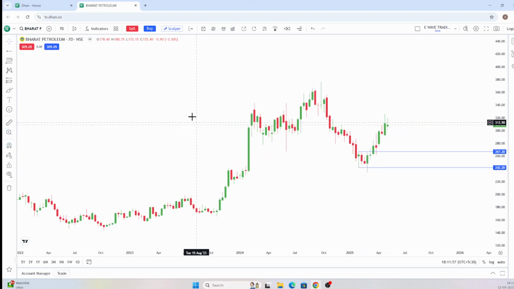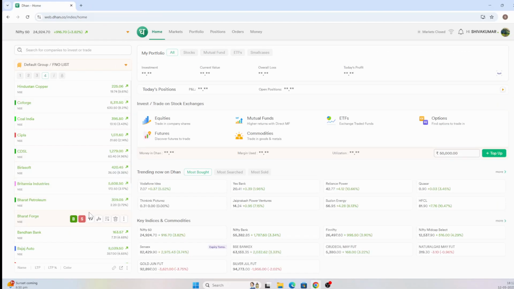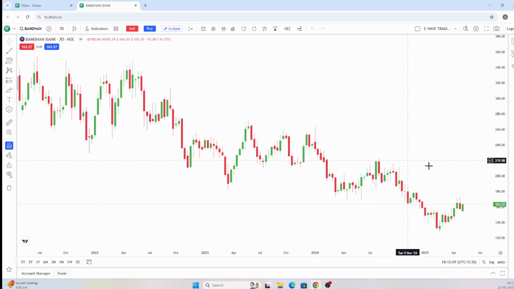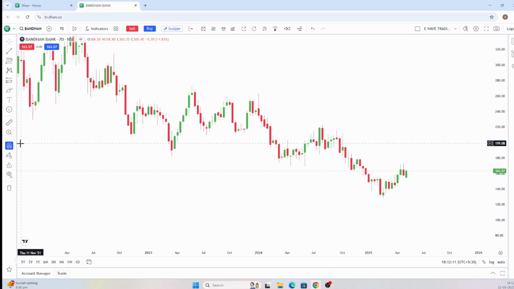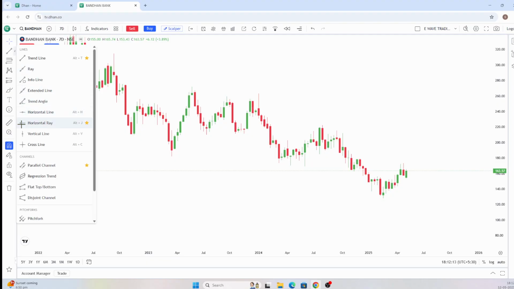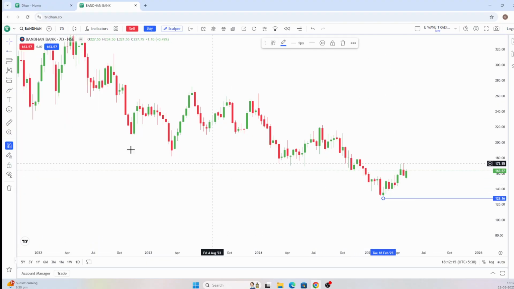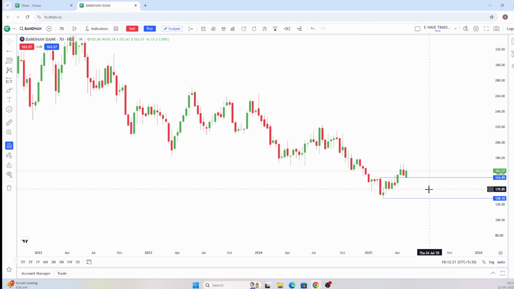Who will give you the money? Nobody will give you the money. 40%, 30% कोई भी नहीं देता है भाई. बंधन बैंक ठीक है. See, it has made a low here. बाद में इसने क्या बताया, स्पिनिंग बॉटम बनाया, and it closed above here 154, 155 से 152 से हम लोगों